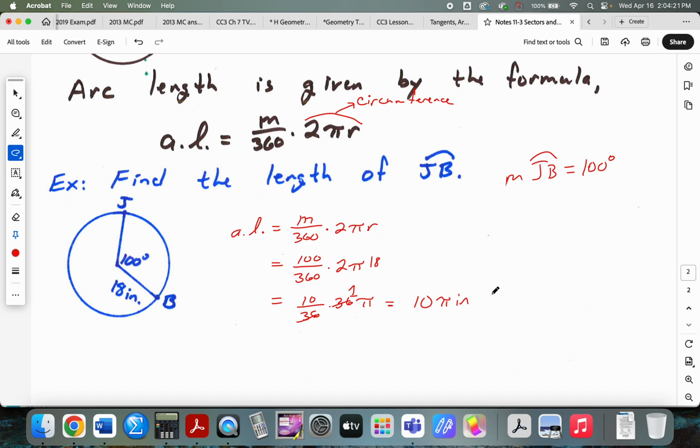Any questions about that? So the measure of an arc and the length of an arc, not the same thing at all. Two entirely different ideas. Pardon? I'm sorry? No, it's a length, not an area. Good question, though. Anything else? Okay, then let's